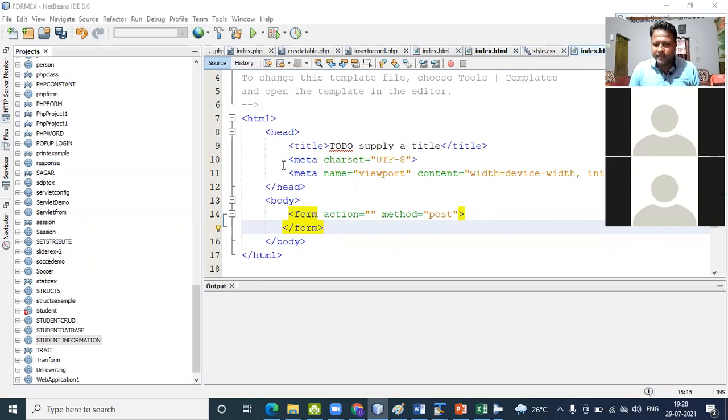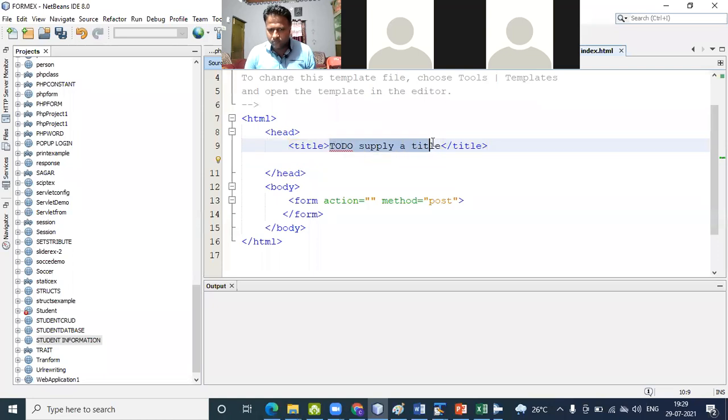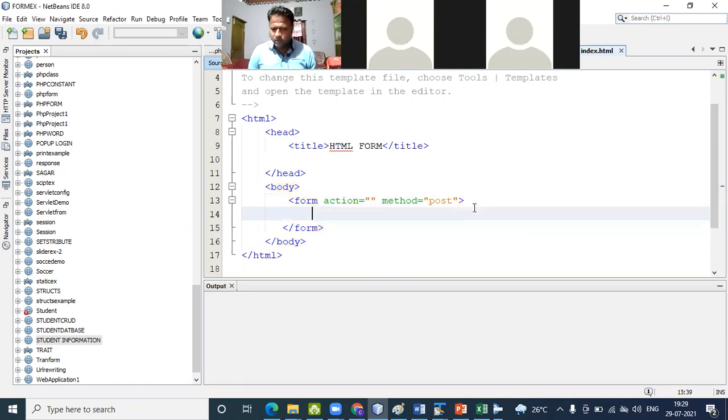So here I pass in the title HTML form. Then we pass, suppose, first name colon, input type is equals to text.